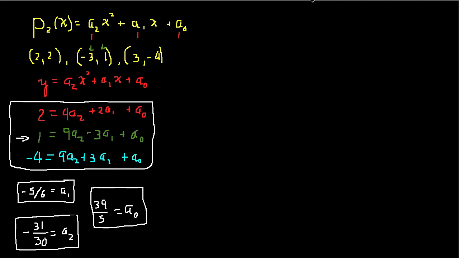Okay, I want to finish up this example that I've been working on. The problem is to find the equation of a parabola, that is a second order polynomial equation of this form, a2x squared plus a1x plus a0, that goes through these 3 points: x equals 2, y equals 2; x equals -3, y equals 1; and x equals 3, y equals